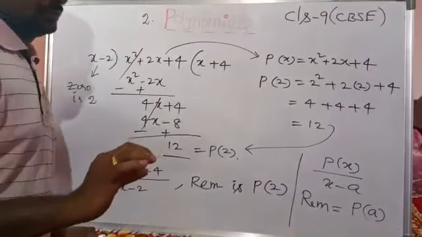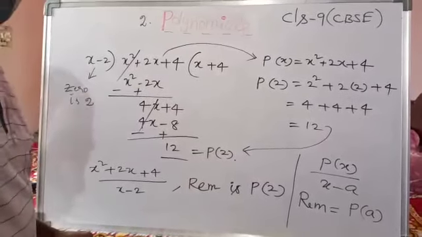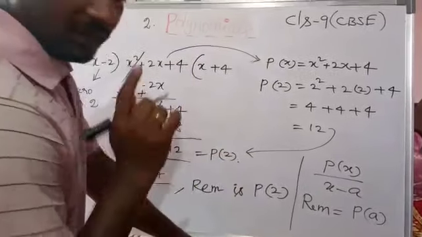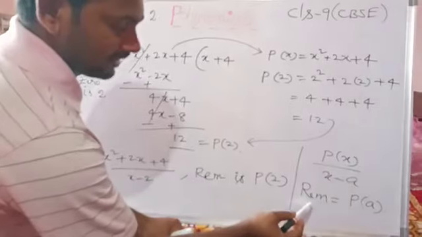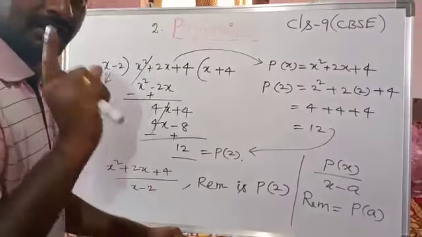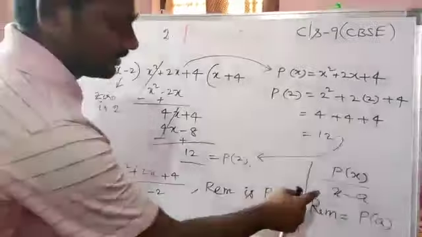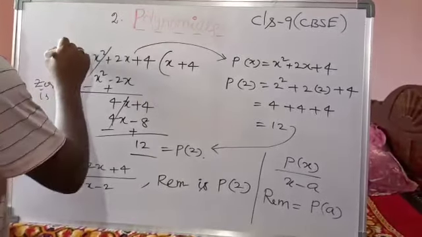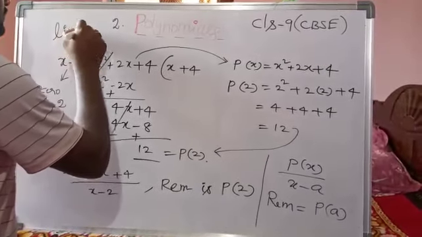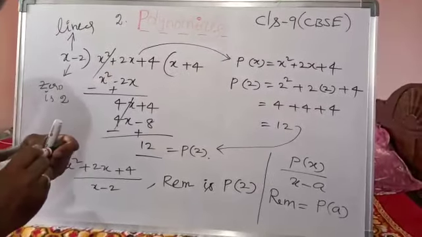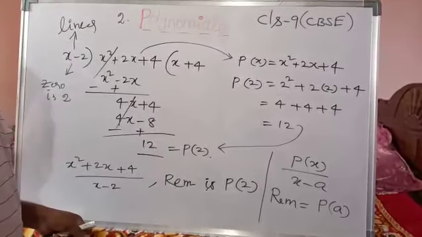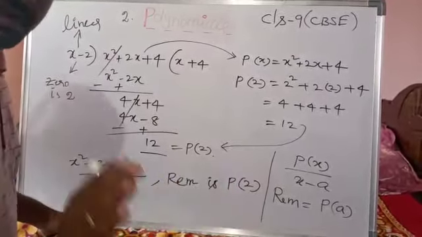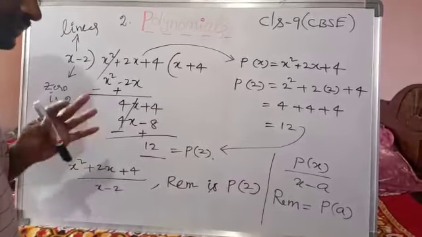The purpose of the remainder theorem is to find the remainder when some polynomial is divided by a linear polynomial. And a very important thing: by following the remainder theorem we can find the remainder, but here one condition is there, students, that is very important. The denominator or divisor must be linear. Then only we can find the remainder by using the remainder theorem. If the divisor is a linear polynomial, then only we can apply the remainder theorem to find the remainder, students. So that is the remainder theorem.